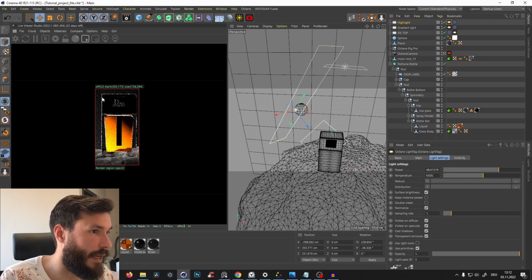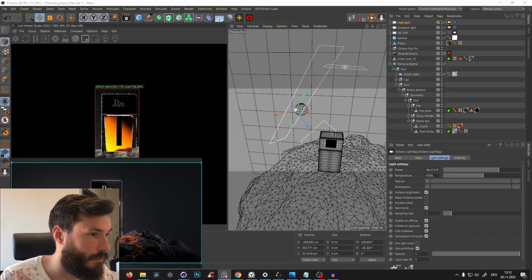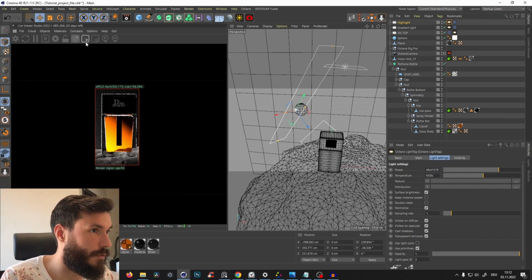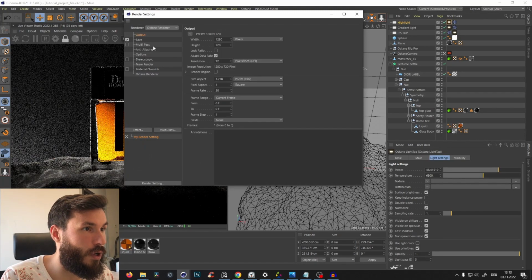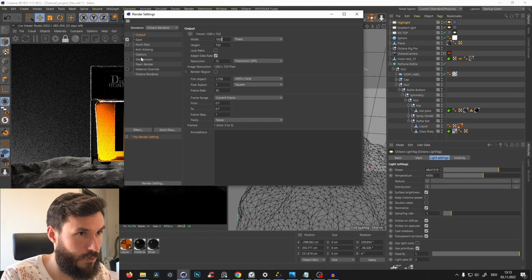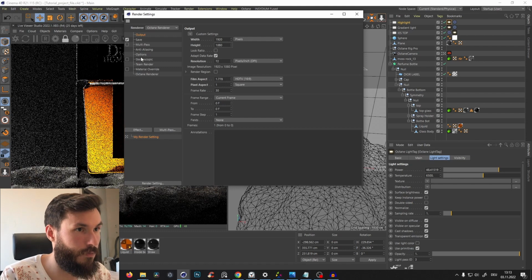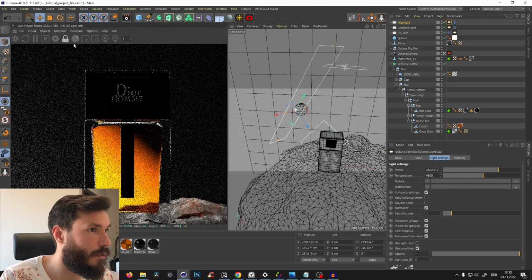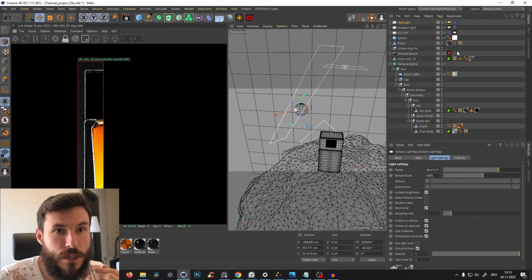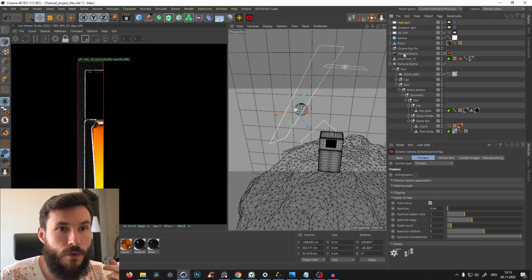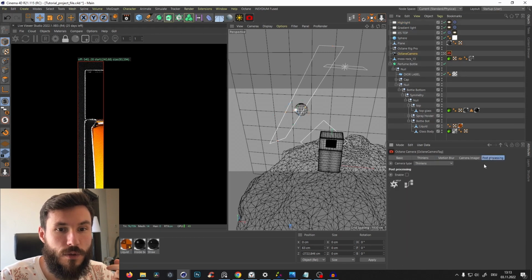And yeah, something like that. I think I like it, because you just get a little bit of a reflection inside. I will just go to our settings and make the resolution a little bit higher, so we can look a little bit closer. And yeah, I think that looks good, because if we also go to our Octane camera tag, to the post-processing,